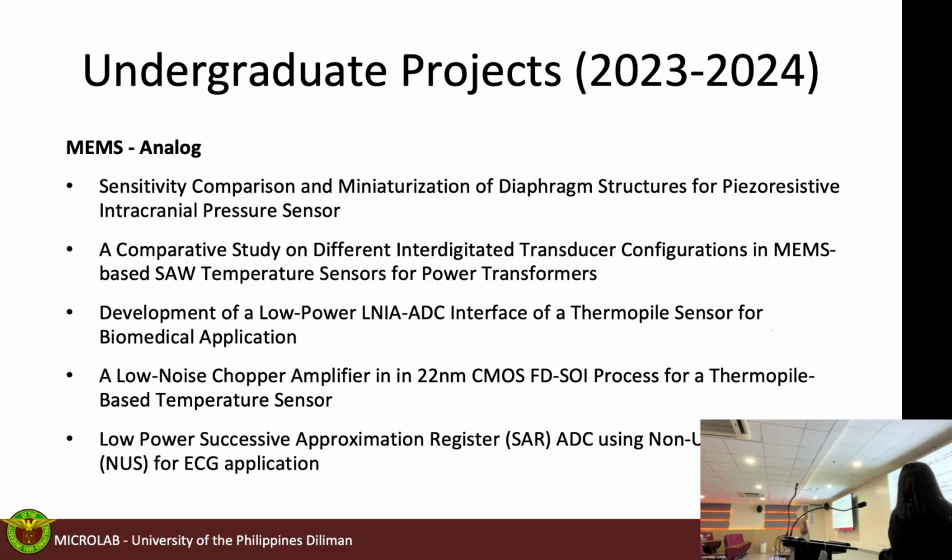The first one is the LNI 8 to ADC interface, while the fourth is the LNI 8 low noise instrumentation amplifier, and then the last one is the ADC. I think for the last three bullets, you may be wondering why the third point combines both LNI and ADC, while the last two are separated, they are different projects, but for the LNI ADC, I think